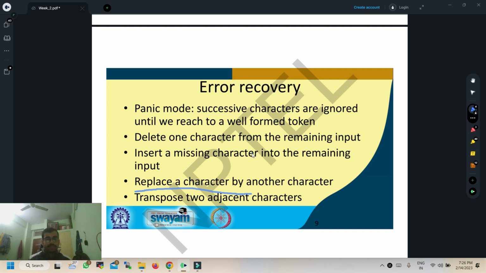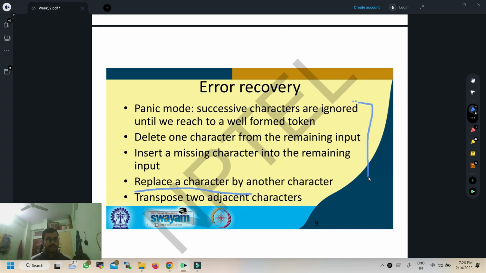If these five are the possible cases we can do with any kind of compiler, there may be another kind of recovery which new compilers can do, and if any of these suggestions are not programmed in the compiler program,